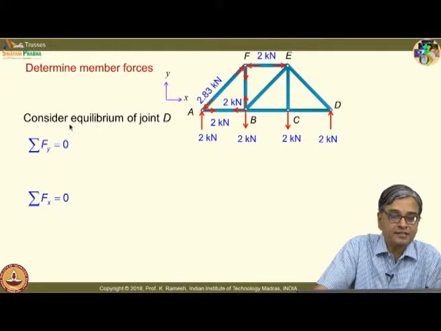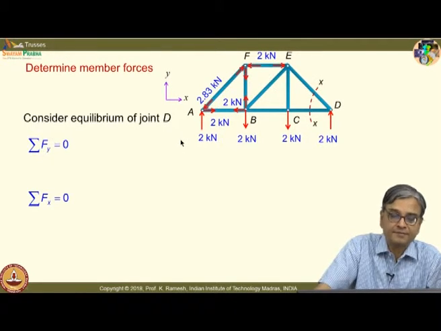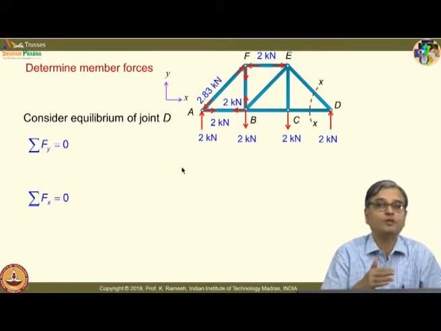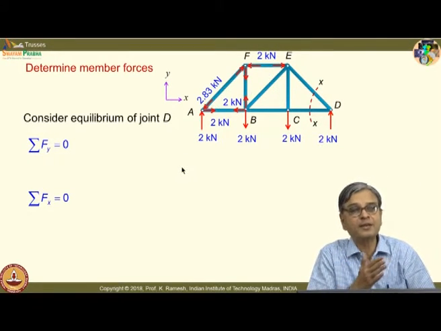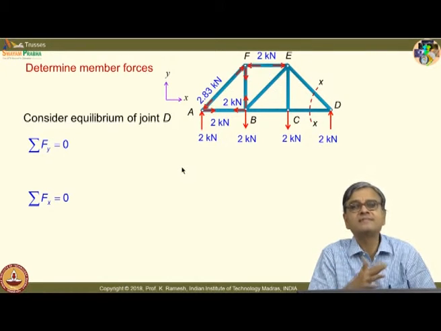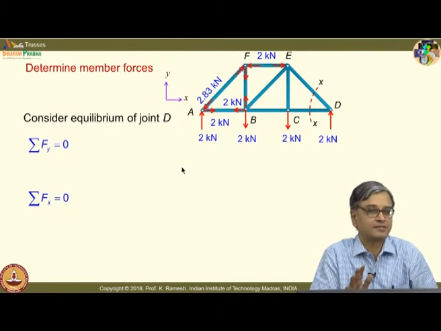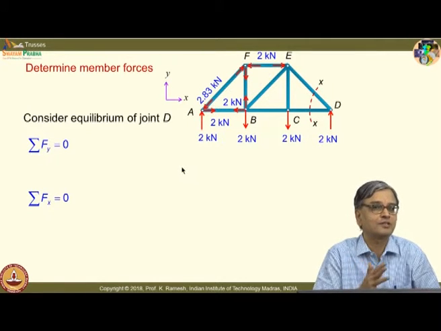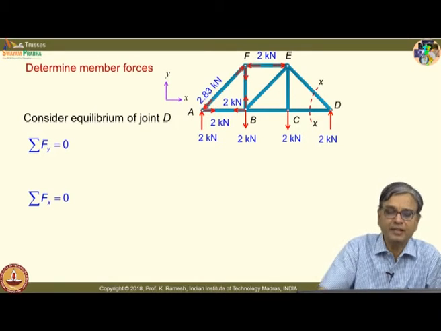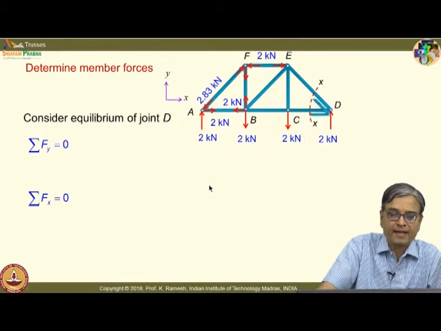I will go and consider the equilibrium of joint D. Again, I isolate this. See, in fact, whatever you study in trusses, it is nothing but equilibrium of rigid bodies, much simpler in complexity, and this chapter is one everybody can score full marks. Very, very simple, and that should be your learning goal. You should not have any problem in solving a problem on truss. I isolate this joint. So, when I do not know the force, I put it away from the joint.